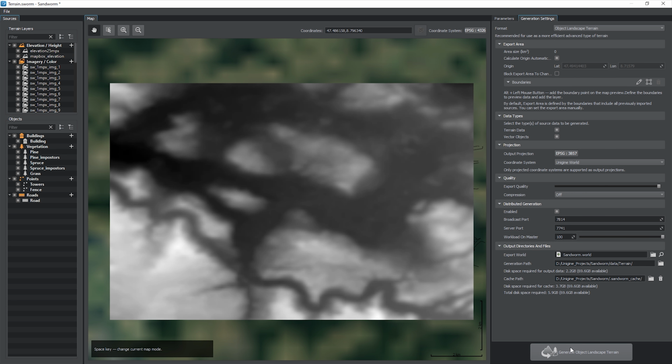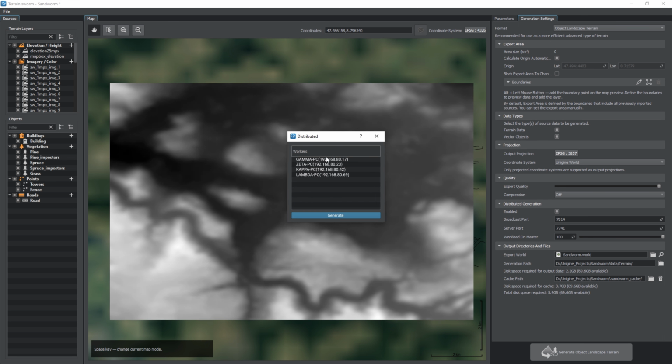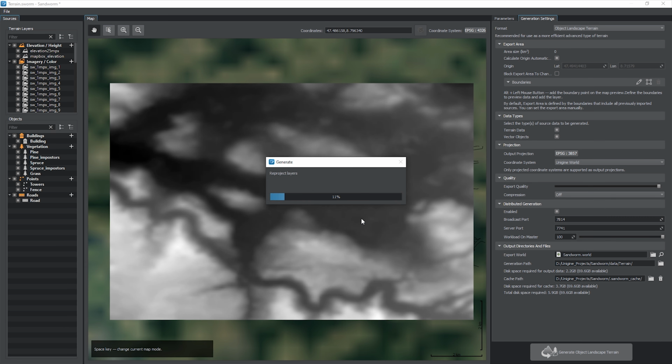Click Generate and a list of ready workers found will open. You can create forks, child processes on each worker for better multitasking and performance. We estimate a reasonable number of forks is 4 to 6. More forks reduce the workstation performance. You can also stop and clear local data cache on each worker. Press Generate, and the master will start data exchange, distributing the load evenly among all participants.